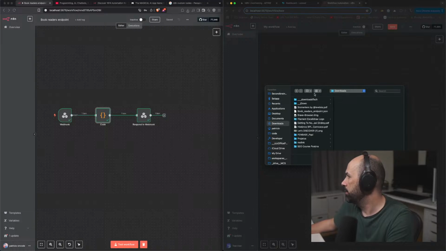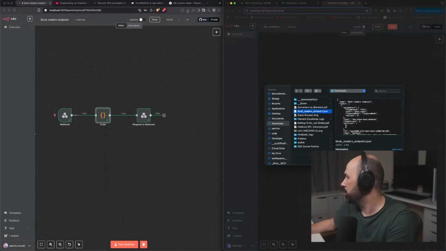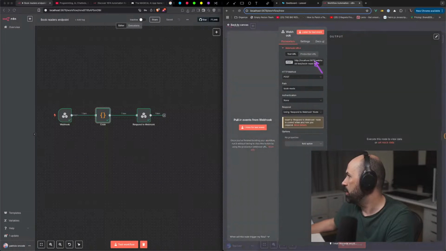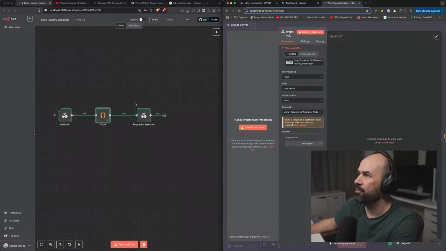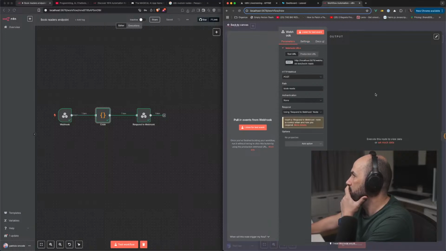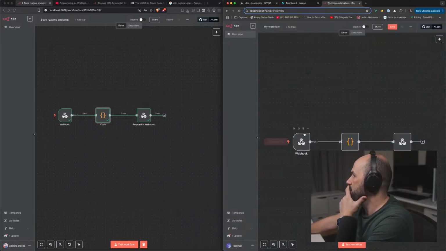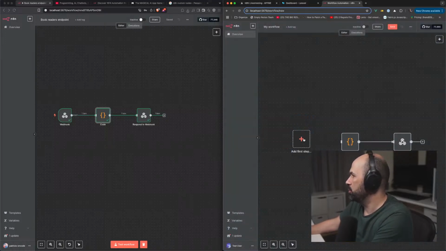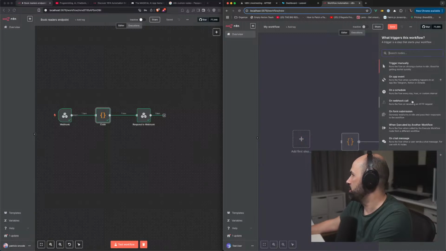Here we go. Is it? No, it's still 5678, which is a different endpoint. Huh, so it shouldn't be this. I'm not so happy. This is not like a template. So it doesn't matter. What we'll do is we will delete this node. We'll add a first step, which is a webhook call.